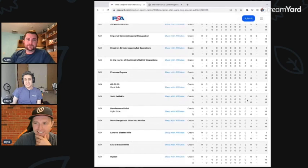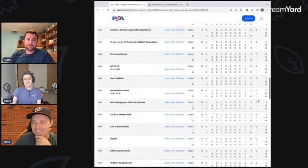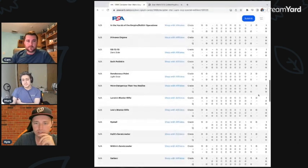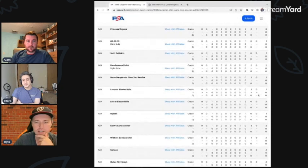Sith Pelican, Rendezvous Point. So that's obviously a really cool card. More on the foil side, I think people are looking for those. But 2 9s, no 10s with that. I bet you a Rendezvous Point 10 would be a